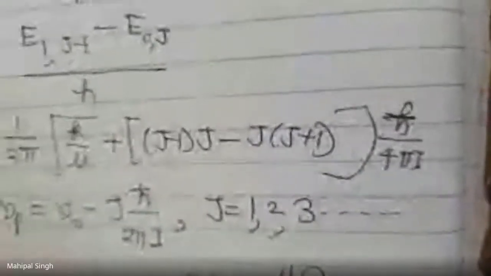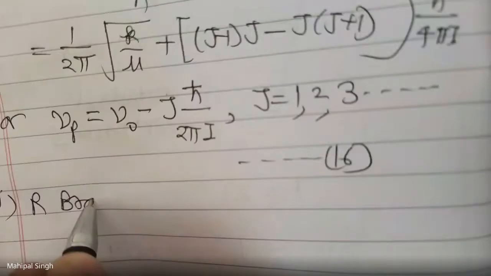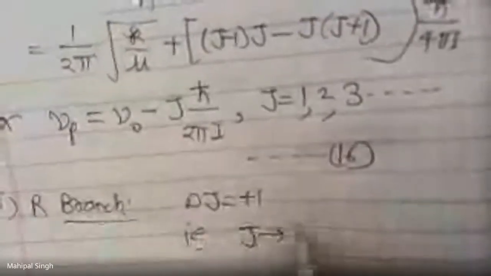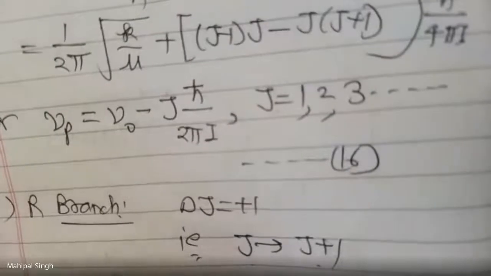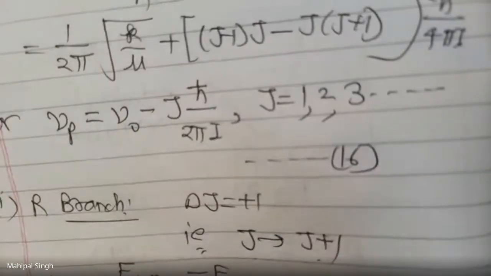The second is the R branch. Here delta J equal to plus 1, that is, J goes to J plus 1. So delta J will be J plus 1 minus J, which is plus 1. Therefore, nu r equal to E1 (J plus 1) minus E0 (J) upon h